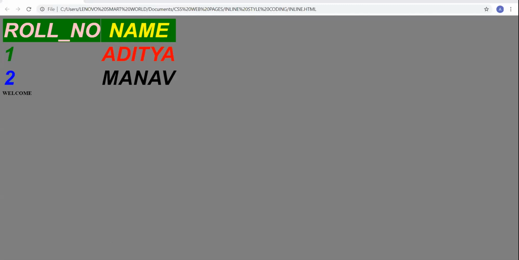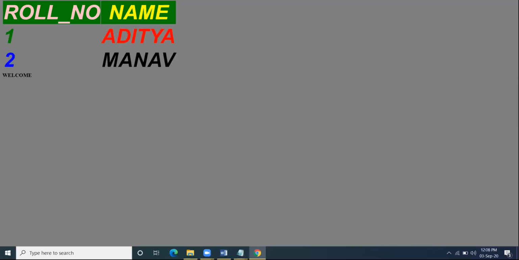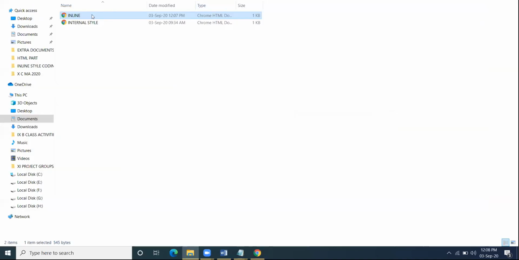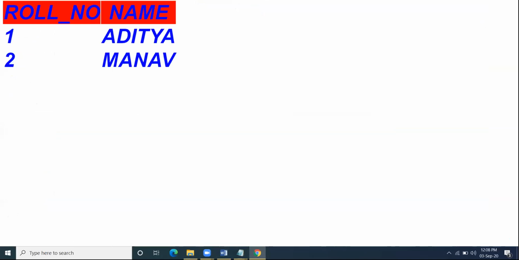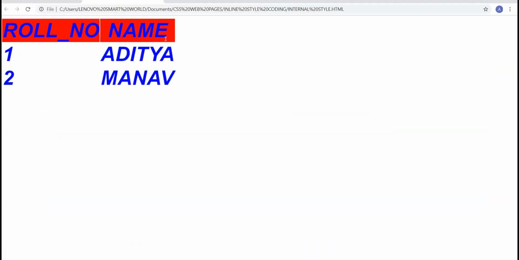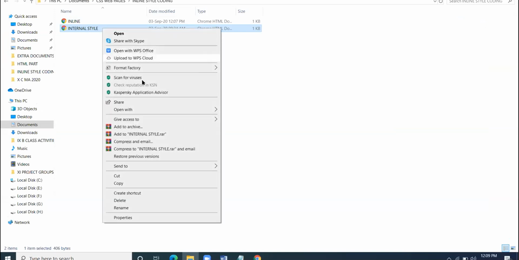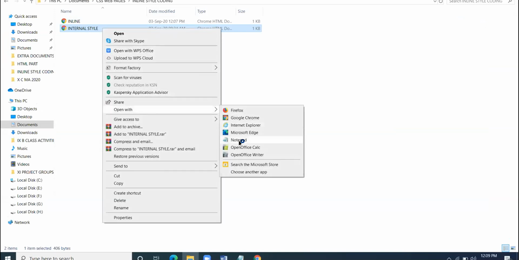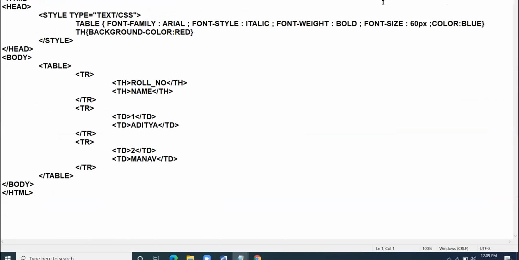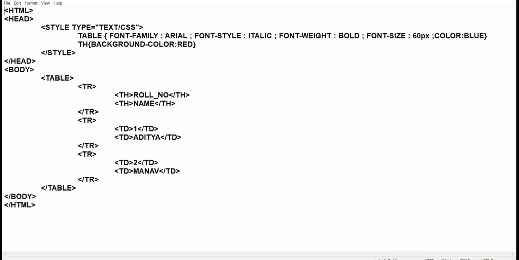All right, I show you one more question of internal coding. See this. This table I have created using the internal coding. I show you the coding of this question. Now see here.